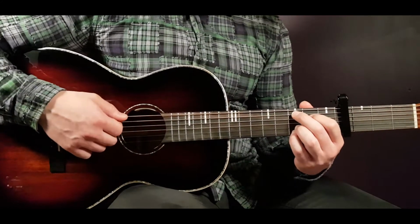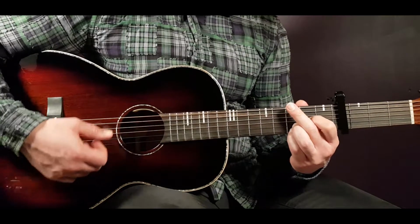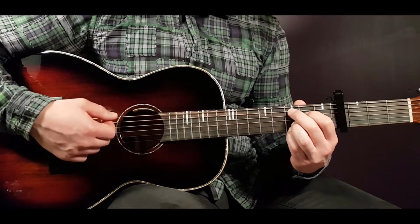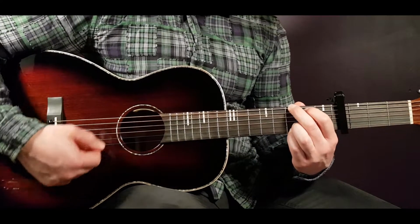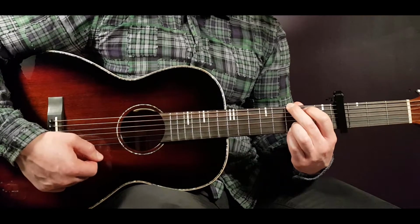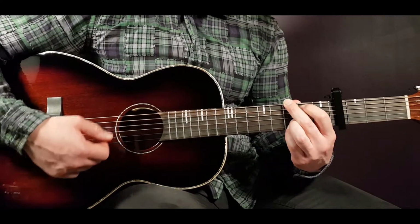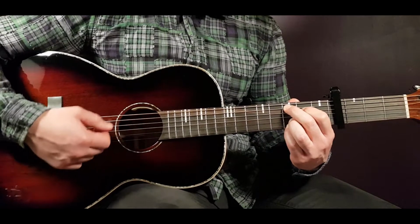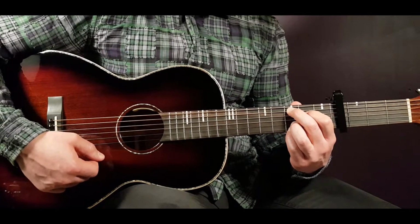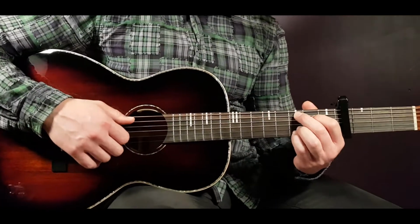And here the progression is C add 9, G, and D sus4. You're going to play 2 C's, 1 G, and 1 D. We're going to play this round 4 times, like this. And so on. So 4 times, and when you play it 4 times,